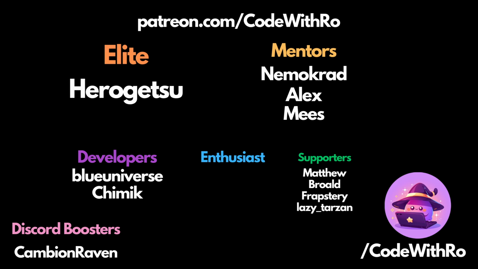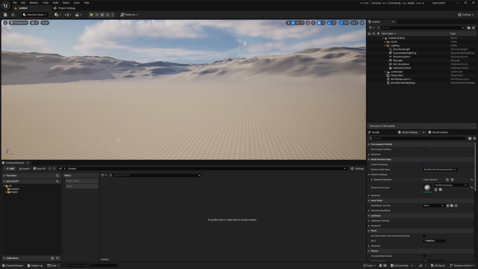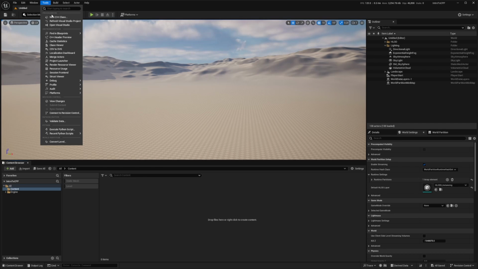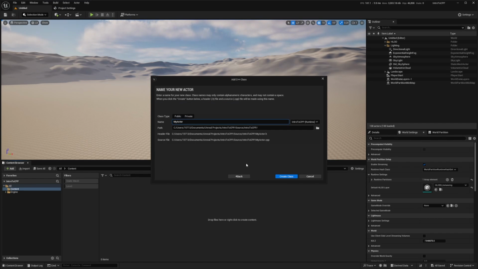In this video, we're going to be going over working with lighting in C++ in Unreal Engine. So what we're going to do is open up our C++ project, and I'll just go over here to Tools, New C++ Class, and select Actor. And I'll hit Next, and I'll call this something like My Light Actor, and hit Create Class to open up